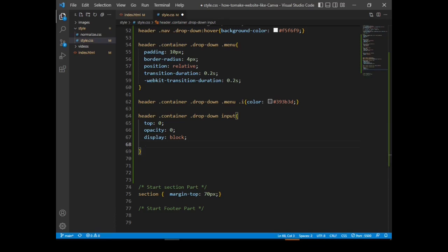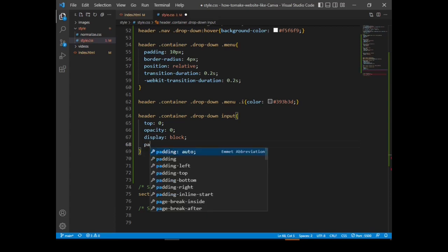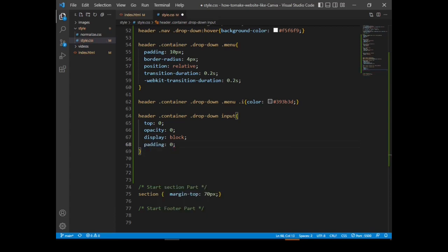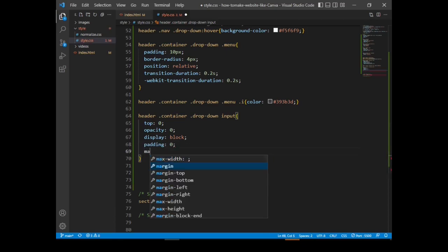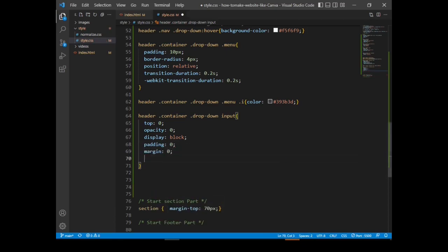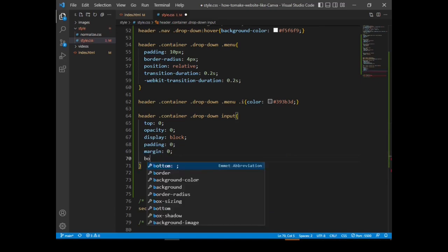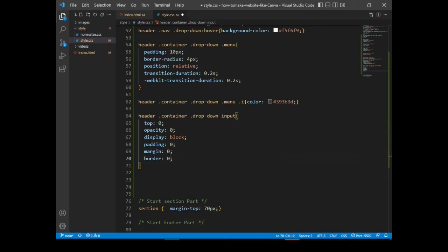Then the padding, I'll set it to 0. Margin, I'll set it to 0. The border as well, I want to remove the border, set it to 0.